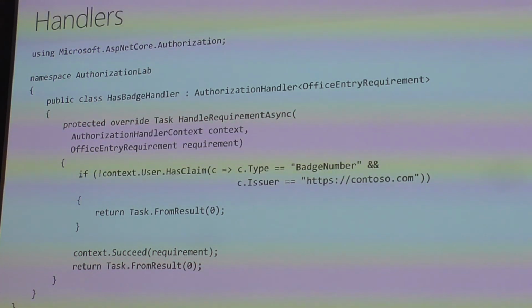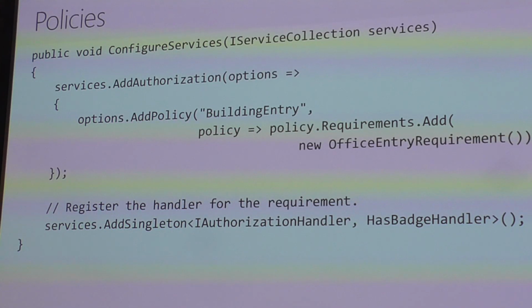And you get the requirement coming through. And so you just take the user and you go off to your database if you need to, whatever you need to do, and you try and figure out whether the current user can fulfill the requirement. And if it can, you can call context.Succeed. If it can't, you leave it alone. You call Task.CompletedTask, or if you're in the old stuff, you call Task.FromResult(0). And then I build my policies up with one